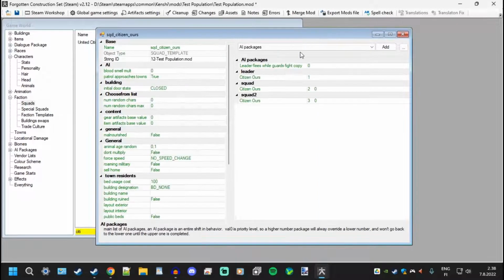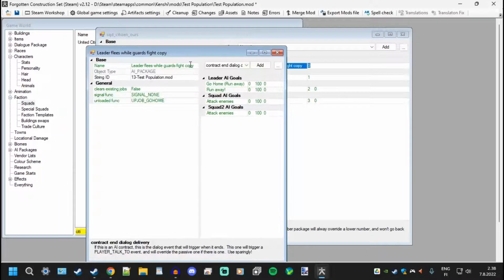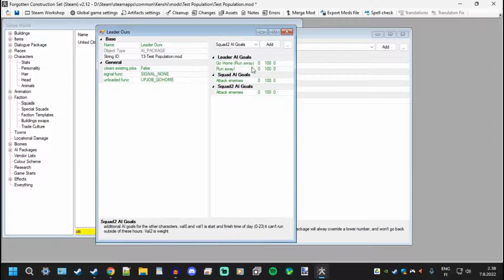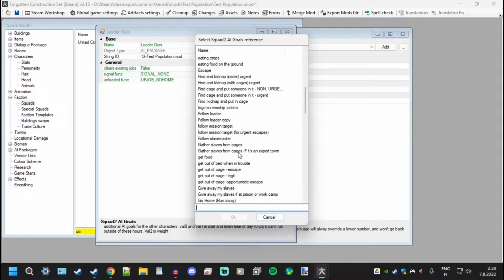And then I'm going to rename it. If you double click anything, it opens that up. So we'll just name it like leader hours. And so he's going to go home and run away. And squad 1, I'm sorry, will attack enemies, and squad 2, let's see what else we can have squad 2 do. Just do different things just to test it out that it actually works,